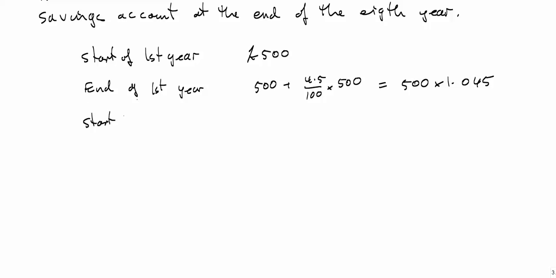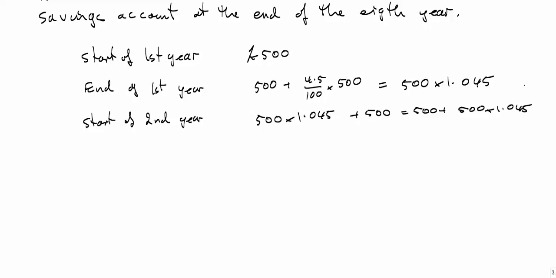Let's go to the start of the second year, where Nathan deposits another £500. So we have 500 times 1.045 from the end of the first year plus 500. Well, I think I'm going to write that the other way around and make it 500 plus 500 times 1.045. Then we go to the end of the second year,